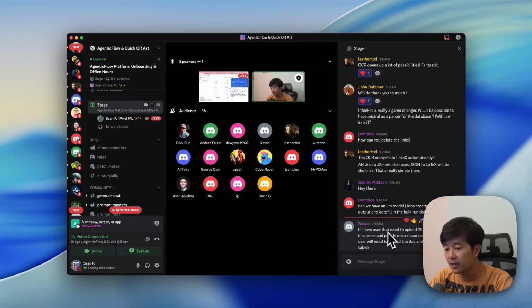If I have a user that needs to upload 25 emails of data, like insurance in PDF, Mistral can scan it in bulk. The user needs to upload the docs and images to the table. So